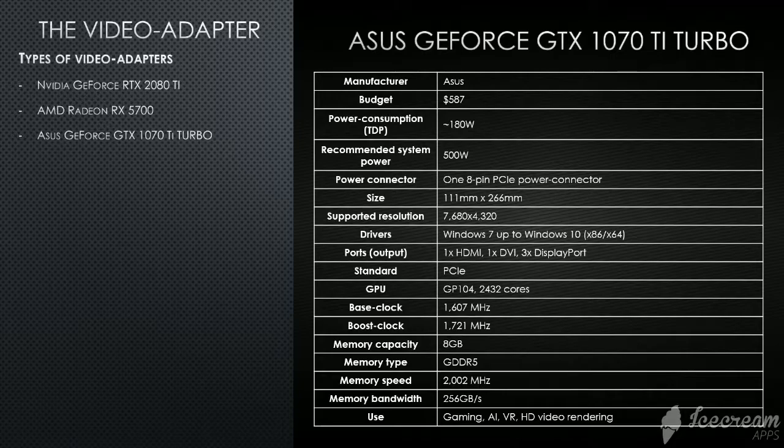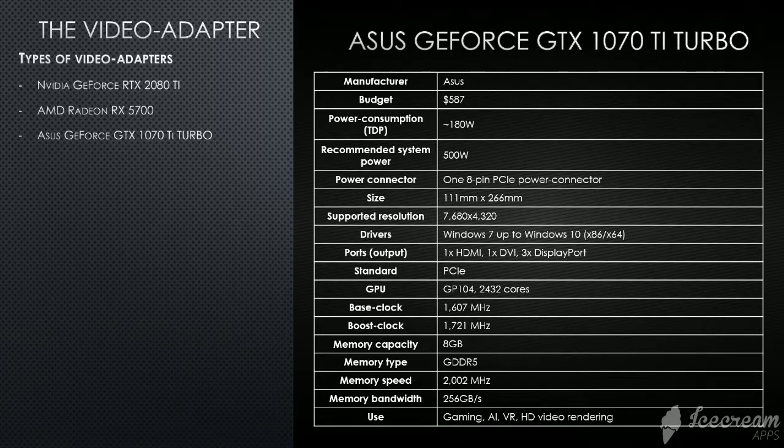The supported resolution is 8K. The drivers are supported only on Windows 7 up to Windows 10 in 32 and 64-bit architecture. This card offers 5 ports, 1 HDMI, 1 DVI, and 3 display ports. The standard is of course PCIe. The GPU type is GP104 and has 2432 cores. The base clock is 1607 MHz and the boost clock is